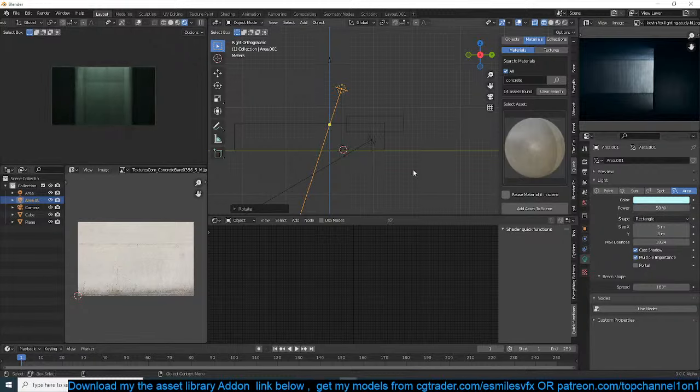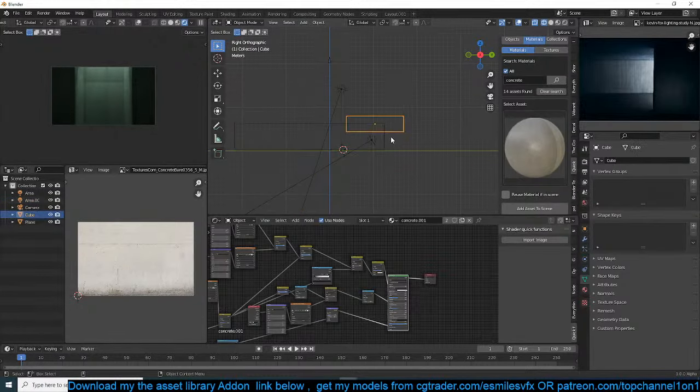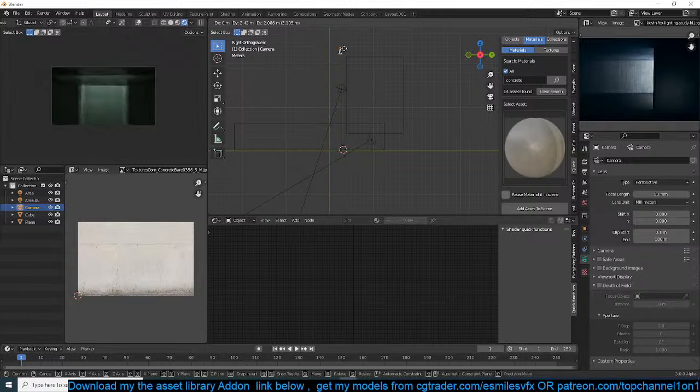Now, a scene like this doesn't look that interesting, but what we could do to make it more interesting, let me first align everything here. To make it more interesting,